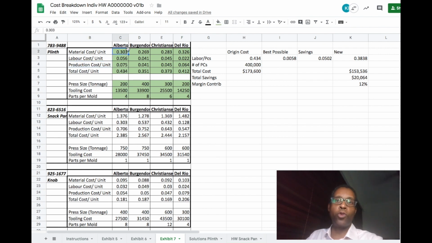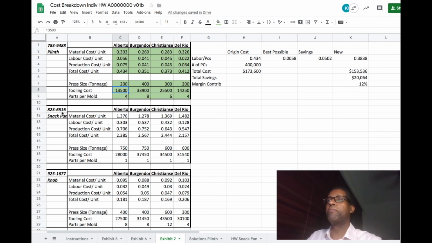Then that gives us a total. We also get to see what type of press they are going to use. Now this tonnage is very much related to the parts per mold, how many we're going to be producing each time. And then what's the total cost of that entire tool. Okay, so they put a dollar amount here. They do have quotations from the other companies, but we're going to start with the Plinth first and see how